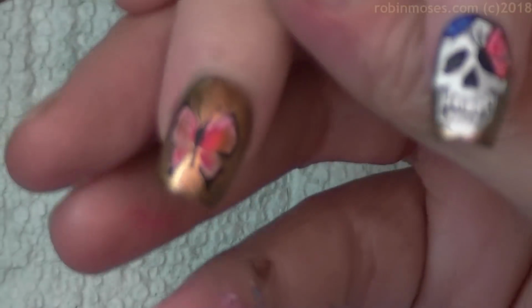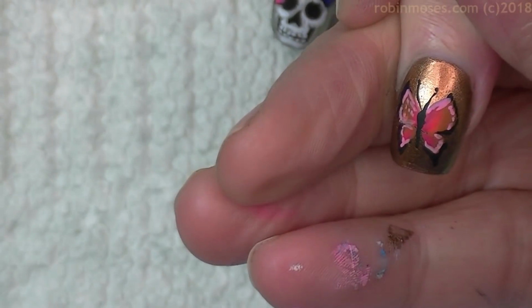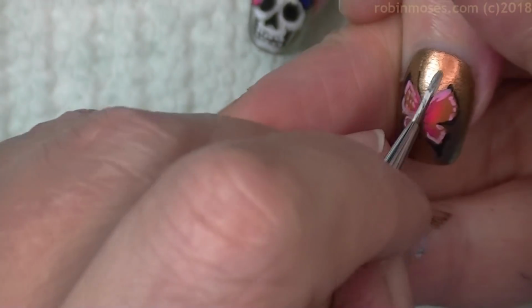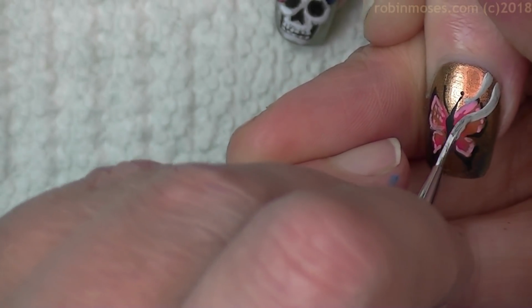I've been waiting to do this one. So, I'm going to go in with a gray first. A gray-white. A light gray. There we go. Light gray. Now, I'm going to go and I'm just going to make it look like a rib cage